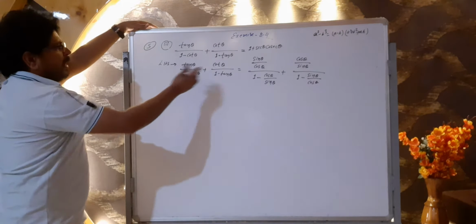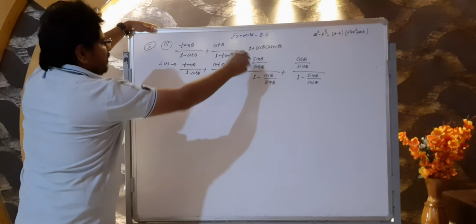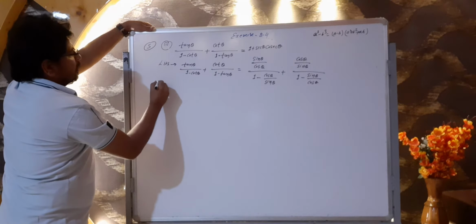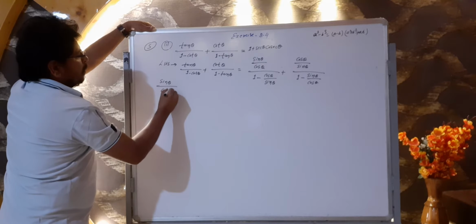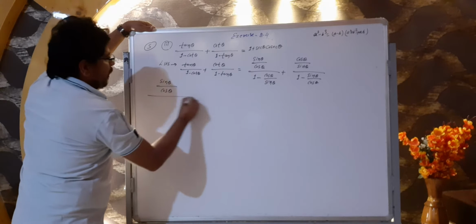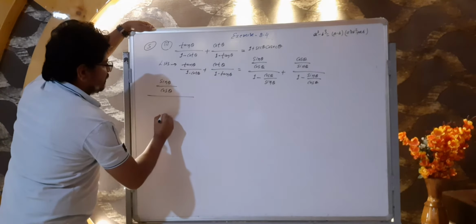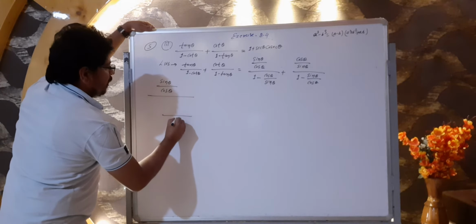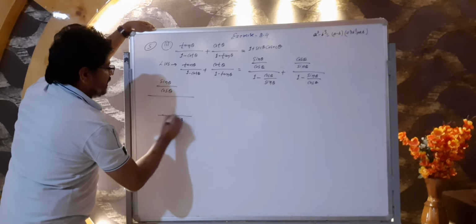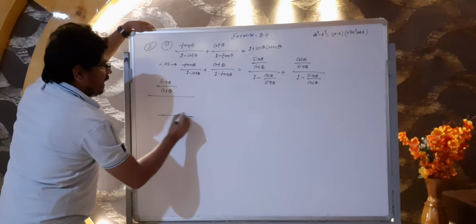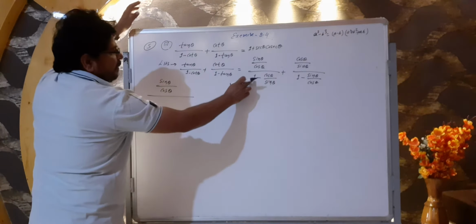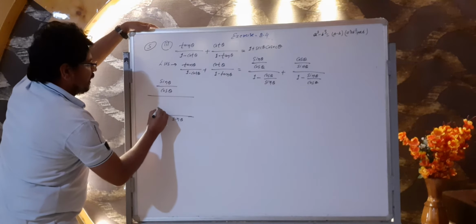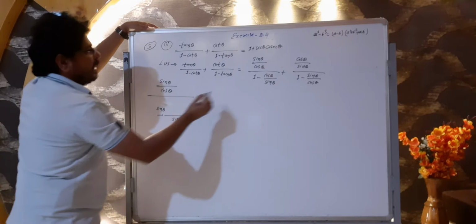Now next step, upper side, the numerator we have to write in the same manner. We should write here sine theta upon cos theta, and here now we should take LCM. What would be its LCM? Its LCM would be sine theta. Now what we have to do? This sine theta divided by 1, then we will get sine theta, multiply by 1, then what will we get? We will get here sine theta.